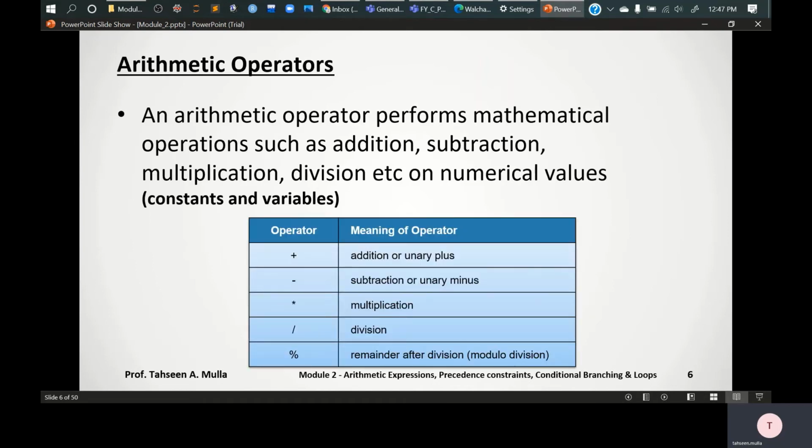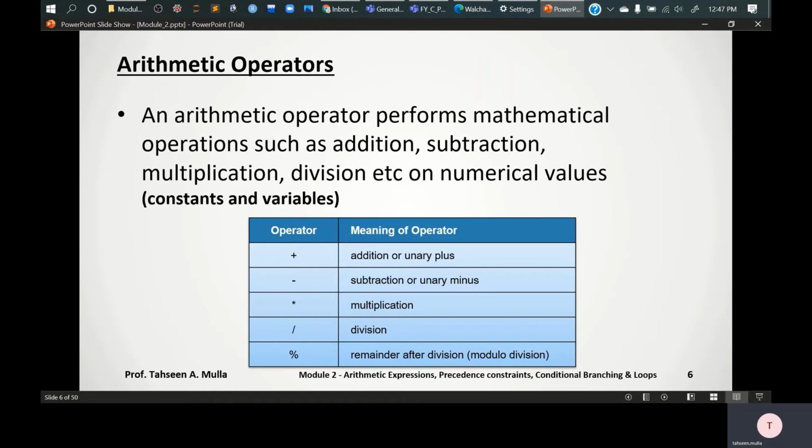Now this is a table of operators giving you the meaning of arithmetic operators. So we have seen this plus sign as an example in our first slide. This stands for addition or for unary plus. This stands for subtraction or unary minus. This asterisk sign we call multiplication. This is division and this is remainder or the modulo division.